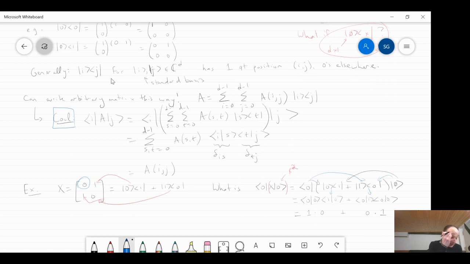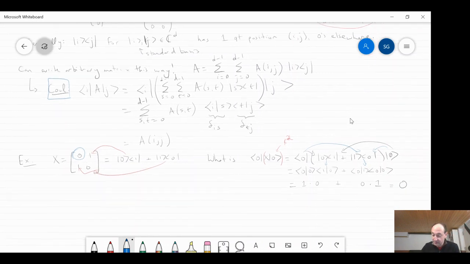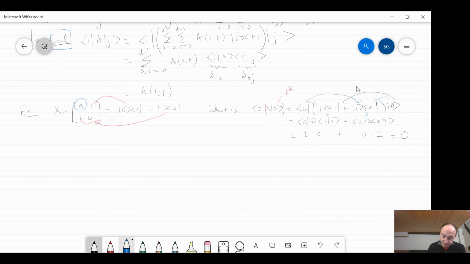Okay, and how about we write the trace using the outer product? Now if I write the trace of x, I know what it is, right? It's the sum of the diagonal elements. So in particular, it's 0 plus 0, which is 0. But let's be formal. It's the trace of, again, let's write it in outer product notation. And the trace is a linear map. That means I could write it in terms of each sum individually.